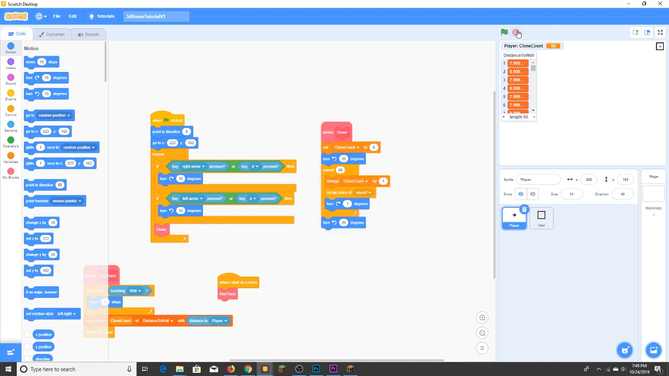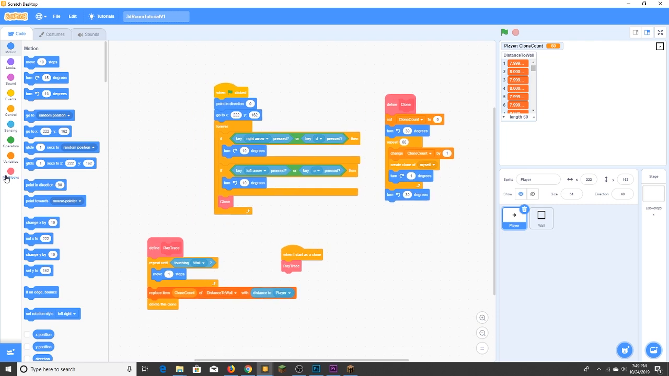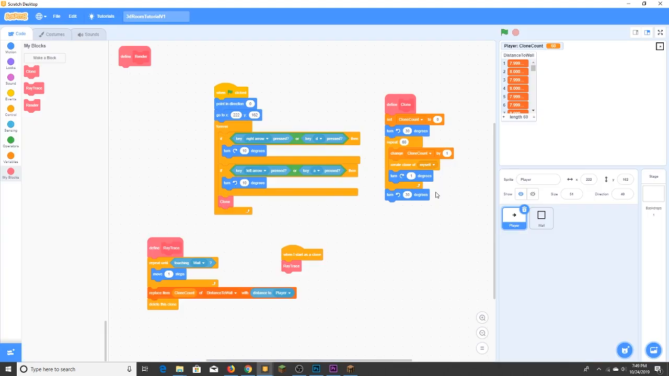So the first thing you're going to want to do is make sure you don't have the game running, because that can cause Scratch to crash while doing some of this. So you'll want to make a new block. I'm going to call this render and make it run without screen refresh. Place the render block right here,